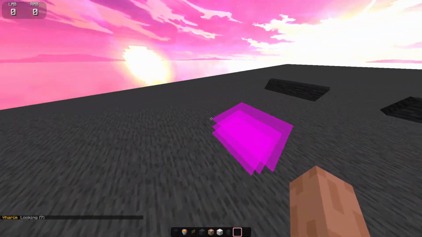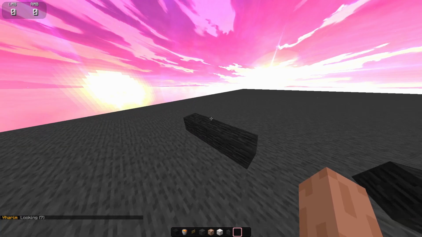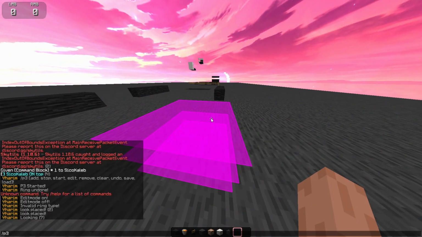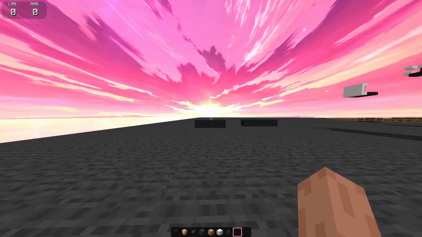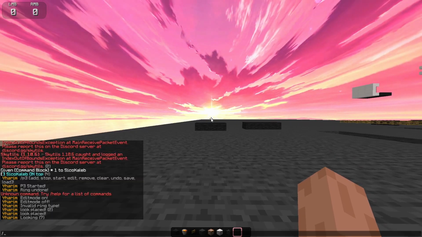But let's say you want to make it walk and look. Instead of it just being very basic, just a look, let's have it walk also. So let's do /p3 remove. You can also do /p3 undo if you'd rather undo the last thing. And we'll have it /p3 add look, and then the height, which I'm going to have as 1, the width I'm going to have as 2, and then walk,